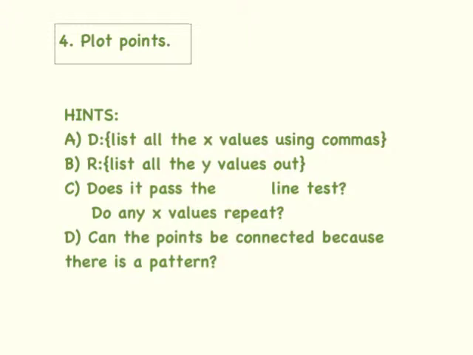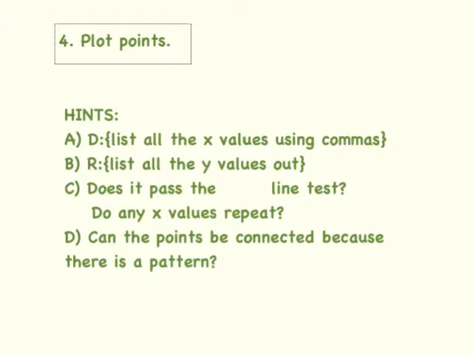I know. So number 4, be sure and plot the points labeling the axes that are given. And the hints I'm going to give you for A, it says identify the domain. So you would put D colon, and looking at those points, you would list all the x values. Make sure there's a comma between each one. On B, identifying the range, you would put R colon and list all the y values out the same way